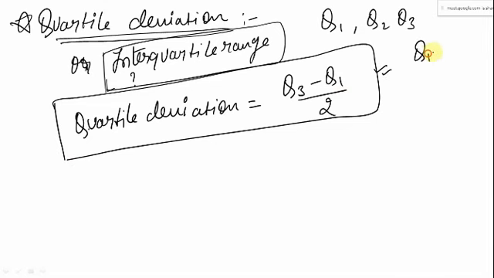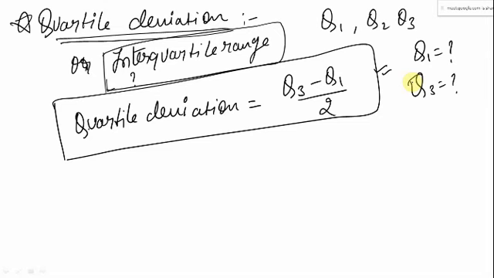Now, how to calculate Q1 and how to calculate Q3? I think we have already done this. For the people who have joined in just the last 2 or 3 classes, we have the complete recording available on the YouTube channel. I will be sharing the link, and I keep on sharing on the Google Classroom. I have not shared the last 1 or 2 classes, so I will be sharing them today. You can check those videos for the calculation of quartiles, that is, how to calculate Q1 and Q3.